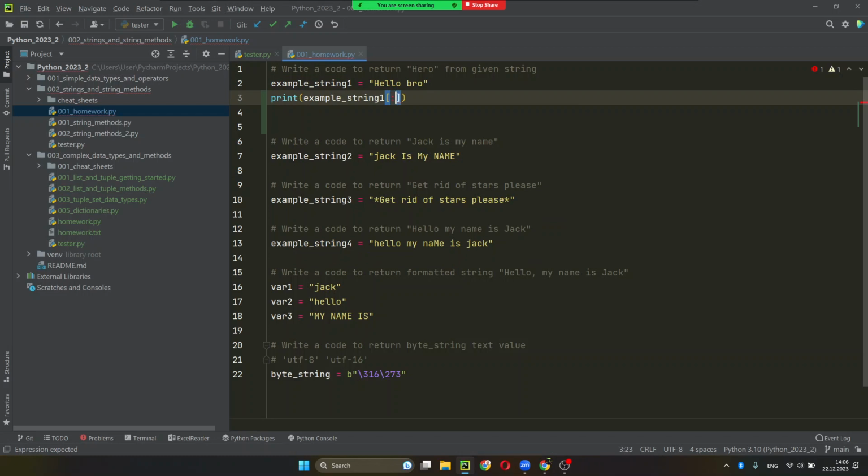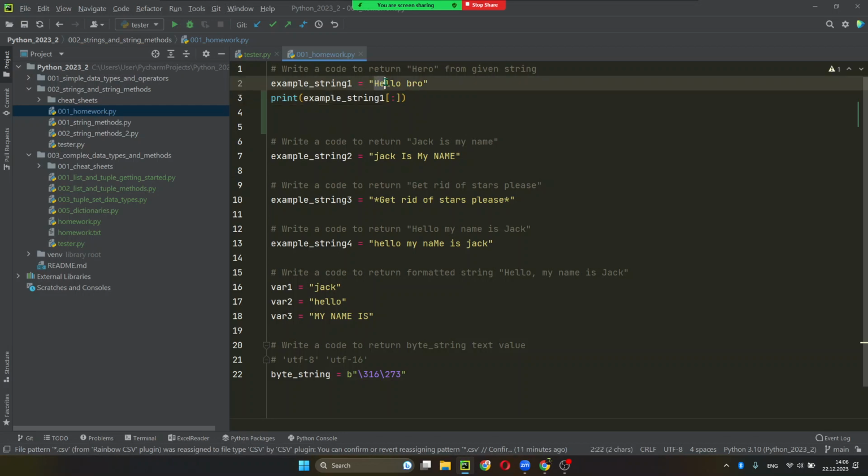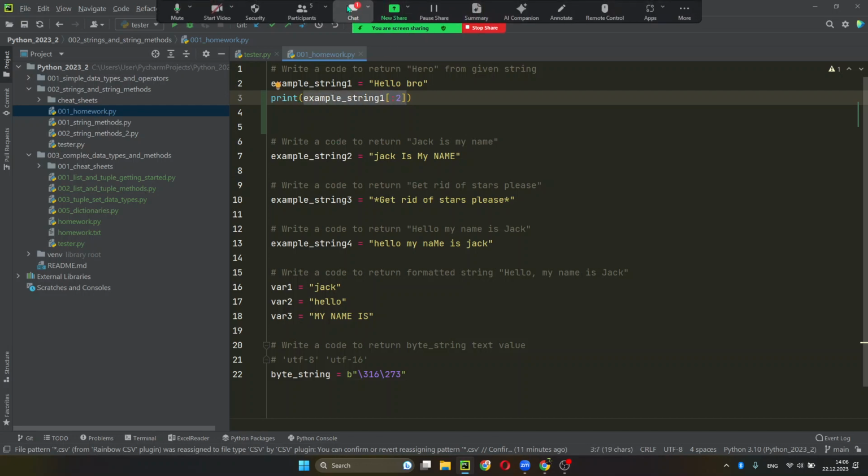So I can use a colon without any number in front, because I will start at the beginning of the string, and the last number is never included, and we start counting from 0. So 0, 1 are the indexes that we need, and 2 is the index we put here to get HE. The last one doesn't count, so index 2 doesn't count. So in the end, the output of this equation